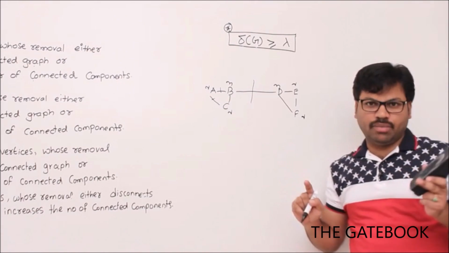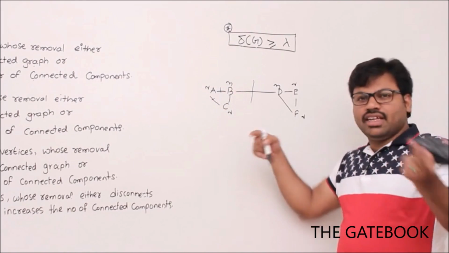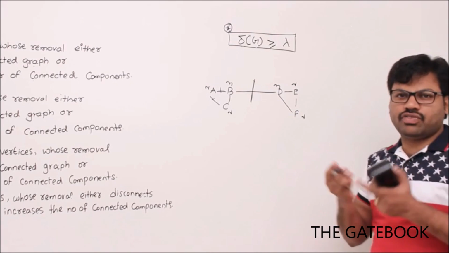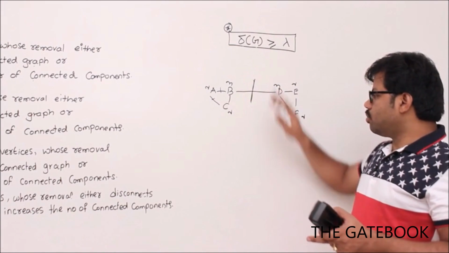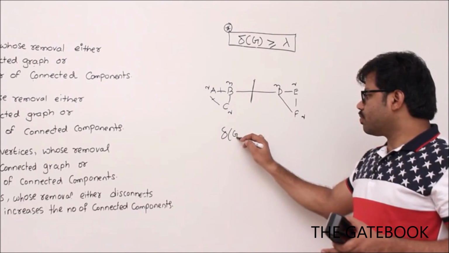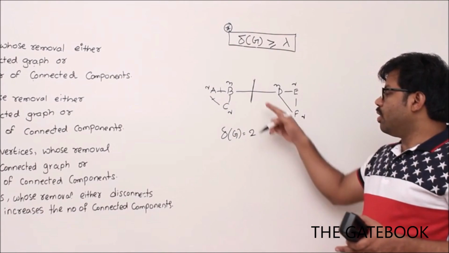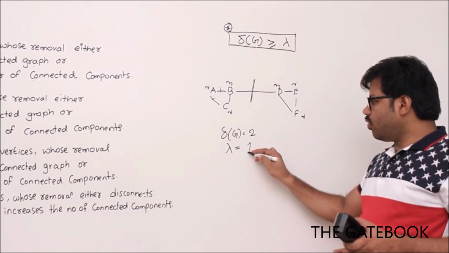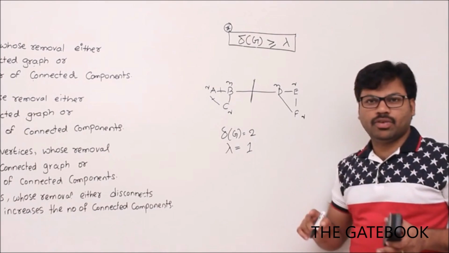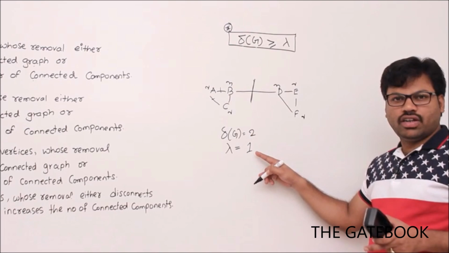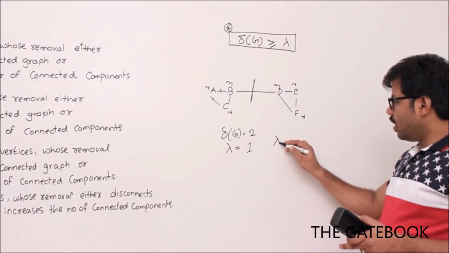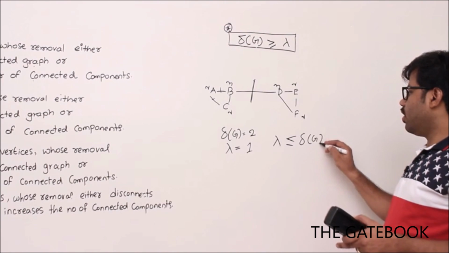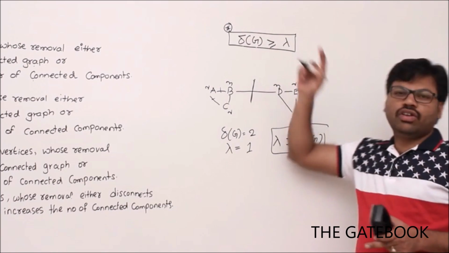So the minimum number is either 2 or maybe less than that. For example, less than that here. One edge is sometimes sufficient. Okay, it depends on the graph structure. So in this graph, let's observe the values. The minimum degree is 2, right? And the minimum number of edges required to disconnect this graph, let's denote it by lambda, is 1, right? One edge is enough to disconnect it. So that is the minimum. See the relation: they are not equal, but definitely this lambda is either equal to or less than delta of G. That is what I wanted to say. So lambda is less than or equal to delta of G.